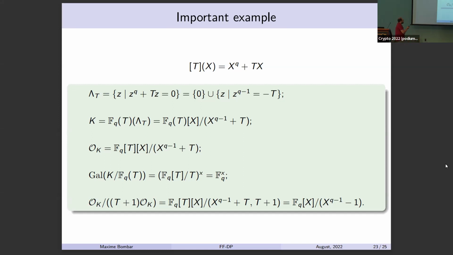And I recall that the Galois group was the invertibles modulo the defining polynomial of the torsion. So here it's just t, and the invertibles modulo t are just the non-zero constants. And now I can also look at this ring of integers and quotient it out by some irreducible modulus. t plus 1 is obviously irreducible because it's of degree 1. And this quotient is exactly F_q[x] quotient out by x to the q minus 1 minus 1. Right? What do I miss here? The only thing that is left now is to understand the action of the Galois group